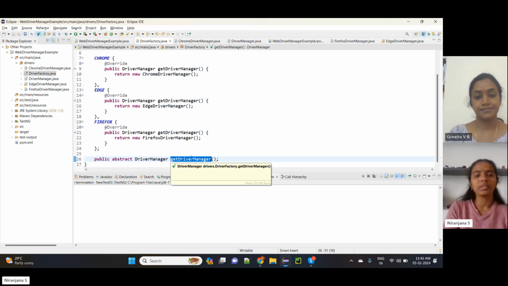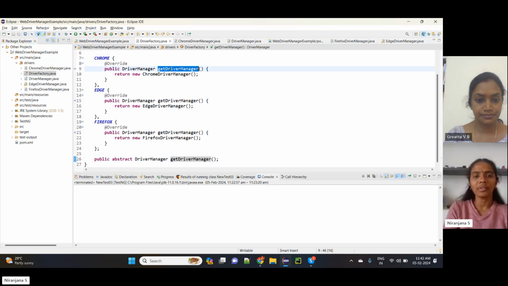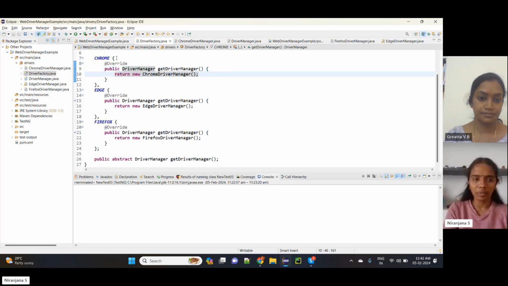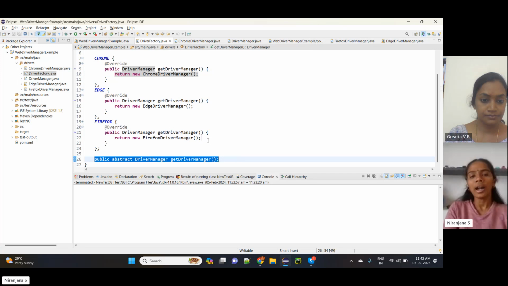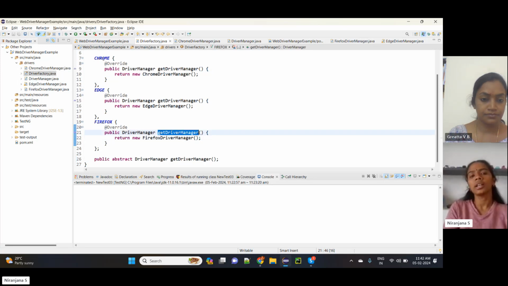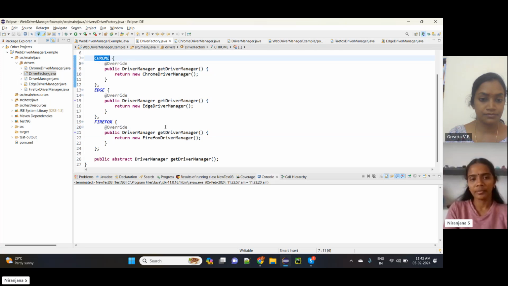Why I am doing this is that I am going to have the same method in all three enumerated types. This is how the general syntax will be. If you have an enumerated method, it will have the same method, and it will override for all the enumerated types. You will generally have it as an abstract method only, so that you have one default method to call. That is why we have it outside, and it is getting implemented in each and every enumerated type. If you open this method, get driver manager,